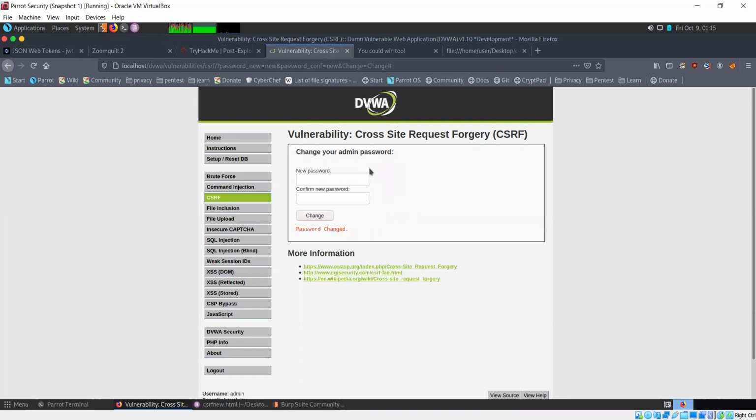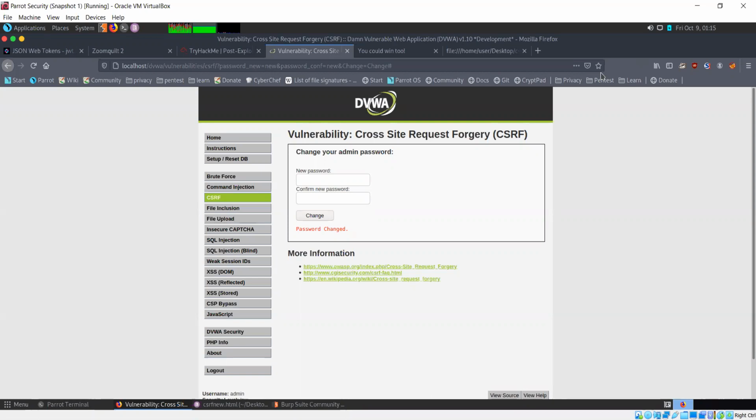So this is cross-site request forgery: you're tricking an authenticated user into clicking a link which performs some kind of malicious action on their account. Since they are already authenticated, the web server thinks this person genuinely wanted to do this action, like changing the password in this case, or anything else.